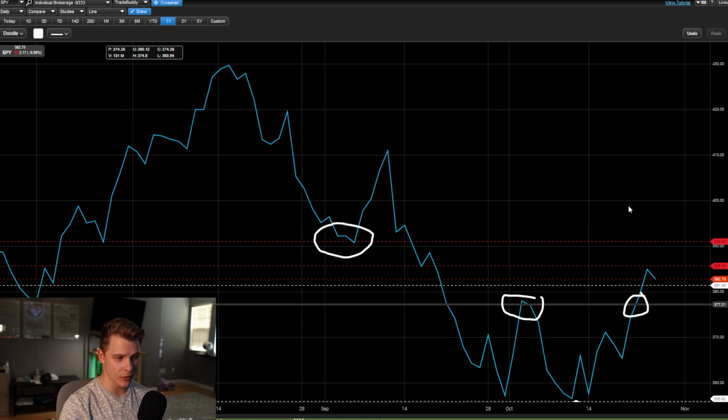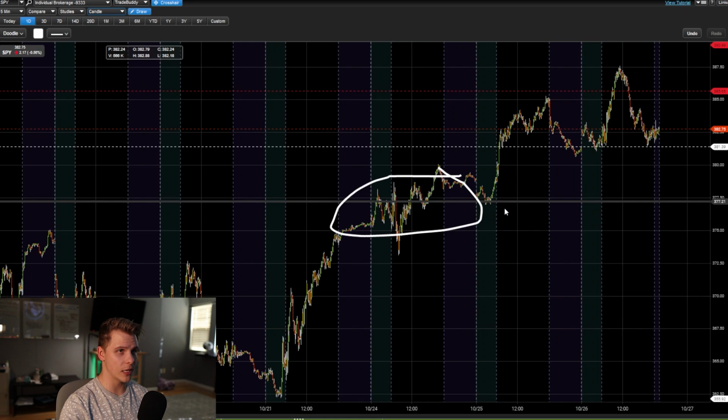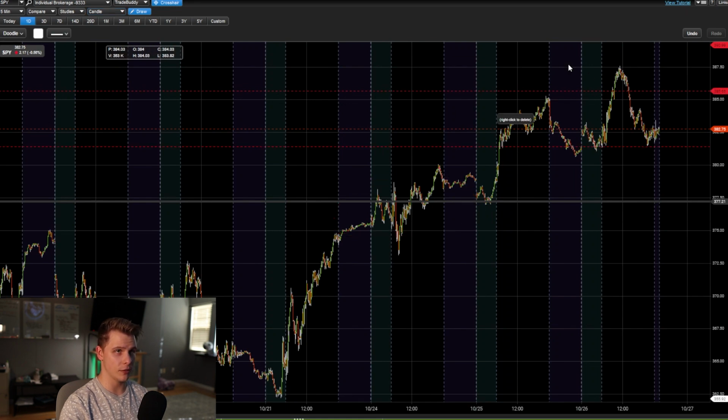And because options very much rely on time, and you have to have your timing correct, it's okay to wait for that reversal to form and then jump in. It's not really the same thing for small caps, because they move a lot faster and they have a lot smaller of a float, right? So with that in mind, you can see over the past 2 days now, SPY is actually up in those 380s. And if you look at the hourly chart,